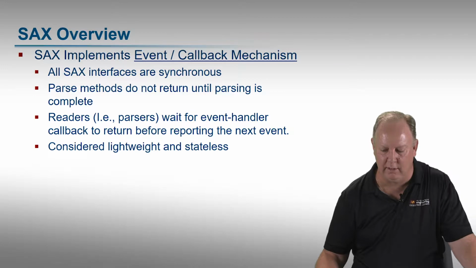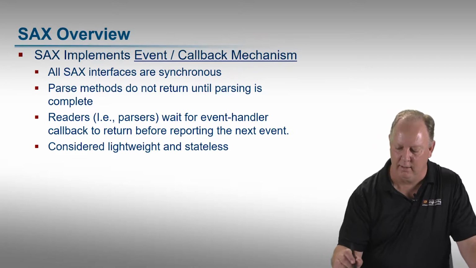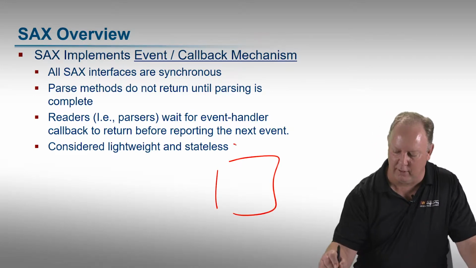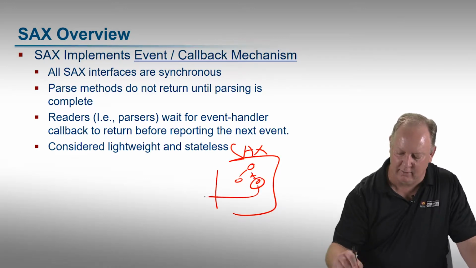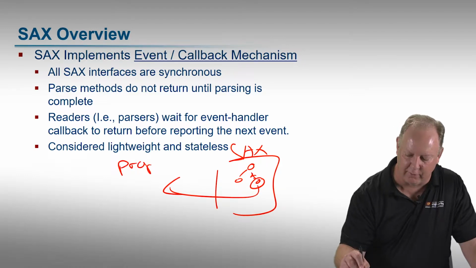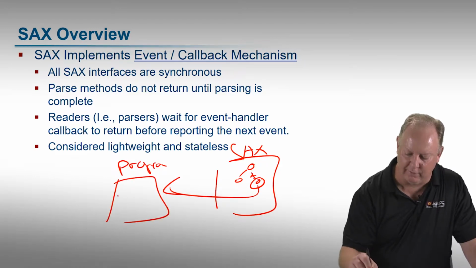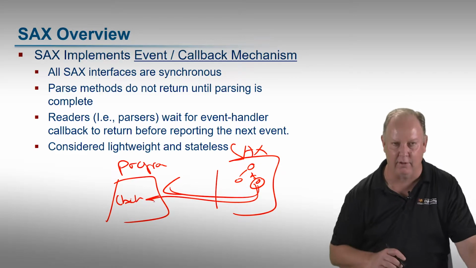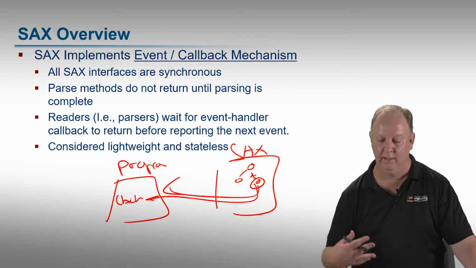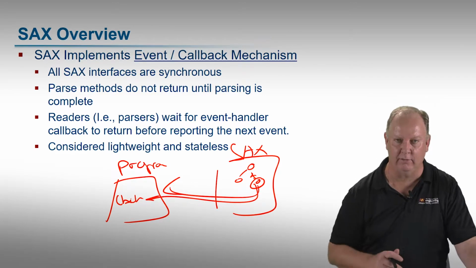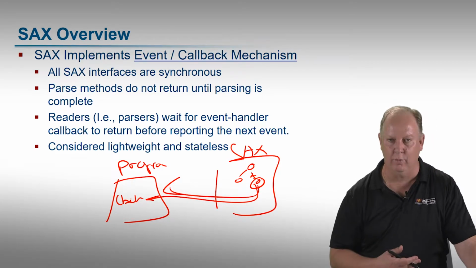SAX is going to treat your code as something that the SAX processing framework over here is going to go through the DOM tree itself, and when it encounters things of interest, it's going to call back to your program over here. And it's going to use a well-defined callback that you defined for this kind of thing. And I'll talk about what those kinds of things are in a minute. All right, so it kind of inverts control. It's the framework, and you have to register callbacks and then determine what you want to do.